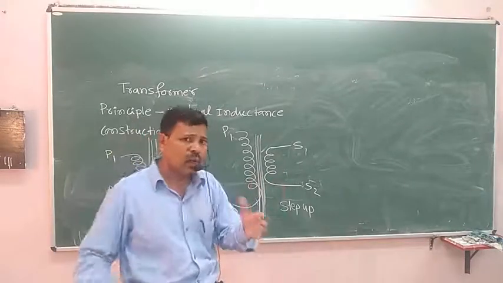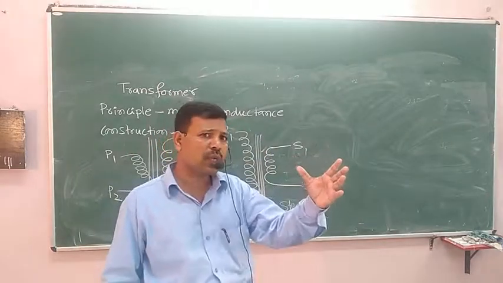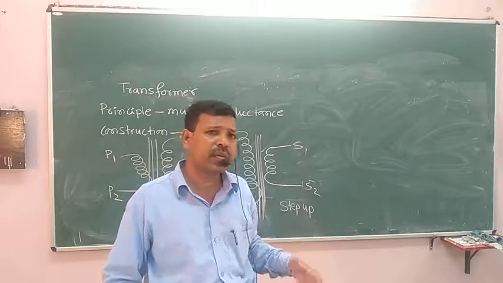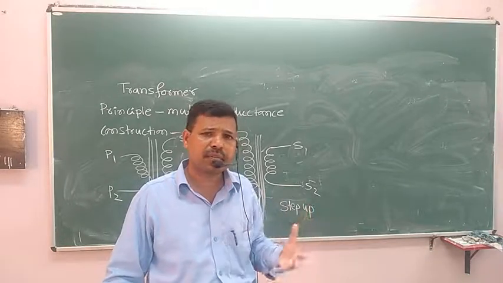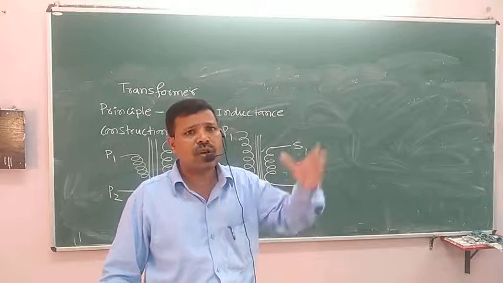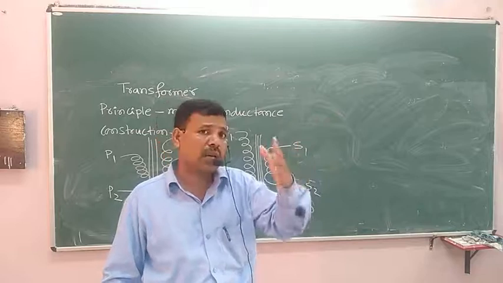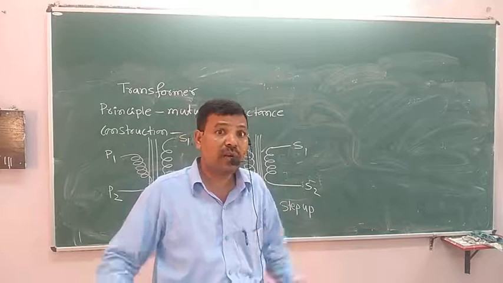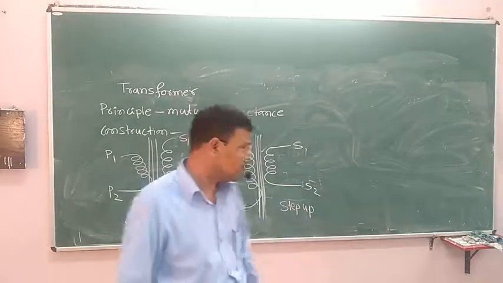Near the village, we use a step-down transformer because when 11,000 volt reaches the village, if such a high voltage is applied, then all the tube lights, bulbs and electric machines get fused. So there is a need of conversion from 11 kilovolt, that is 11,000 volt, into 220 volt. 11 kilovolt means 11,000 volt.